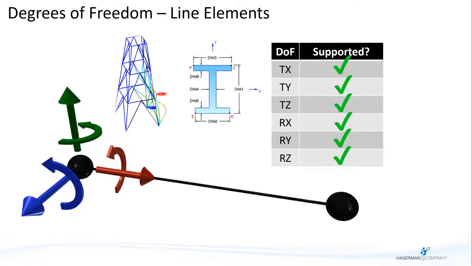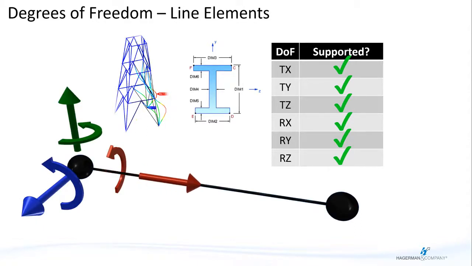fraction of the cost. The only difference between the bar and the beam in Nastran in CAD is that the beam allows you to offset the neutral axis from the actual line that's drawn in the CAD model. Pipe elements support internal pressure, which can affect their stiffness. All of these elements support all 6 degrees of freedom, so there isn't much to think about when working with strictly line-based models. By the way, each node has degrees of freedom, even though I've only shown the triad on